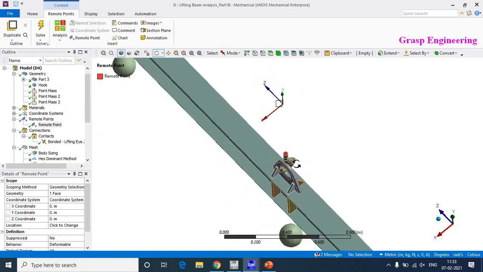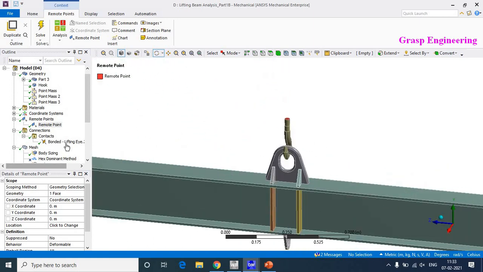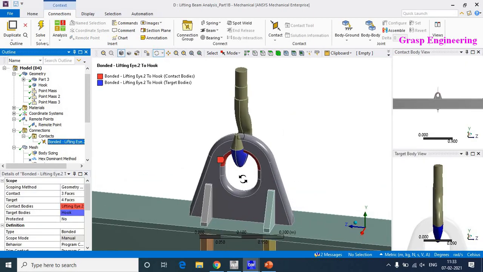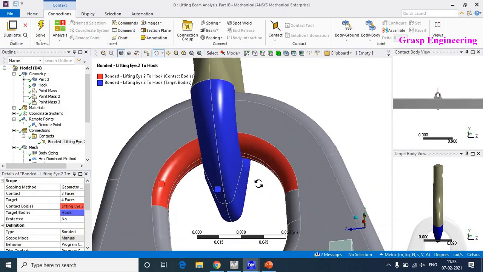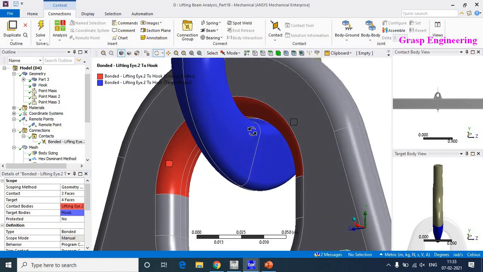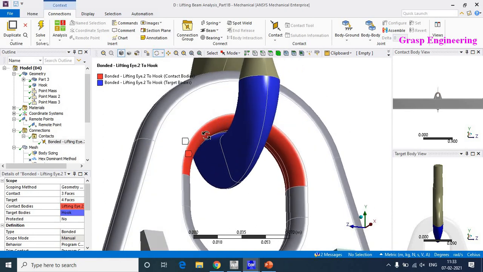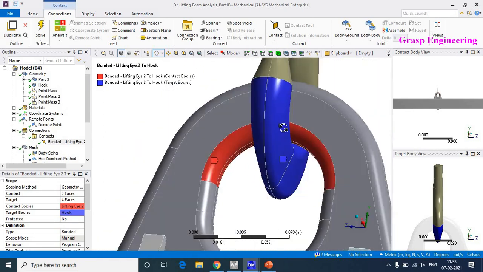Now the next part is to create the contact between these two parts. We have created a bonded contact between these two faces. In actuality there will be only a line contact, but it is better to consider some part of the lifting eye too.